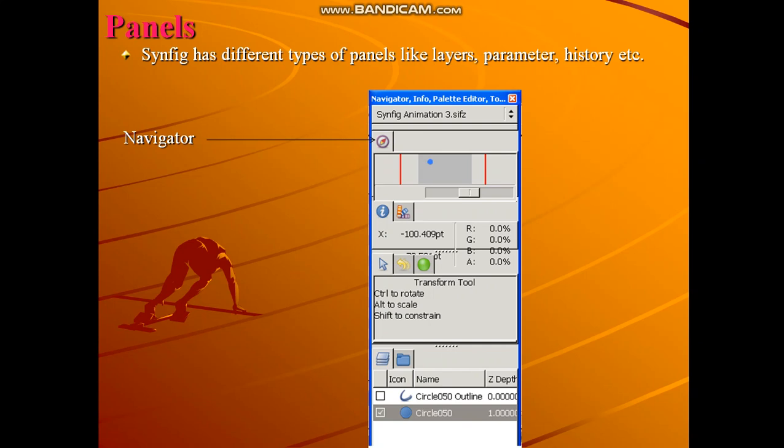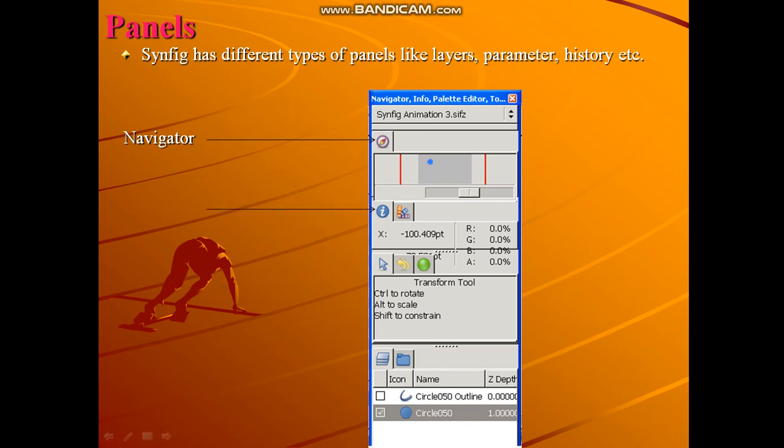In navigator, it shows the miniature of your checkerboard, meaning canvas, and whatever drawing you have created. You can either increase or decrease the size of your canvas from here, or you can move it from left to right. So that is navigation.